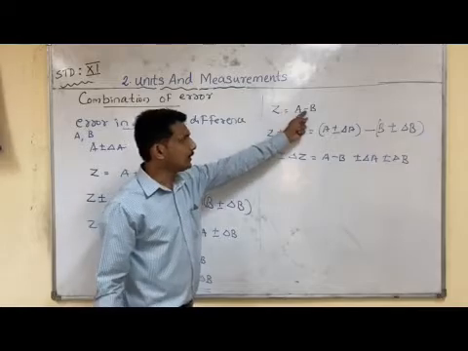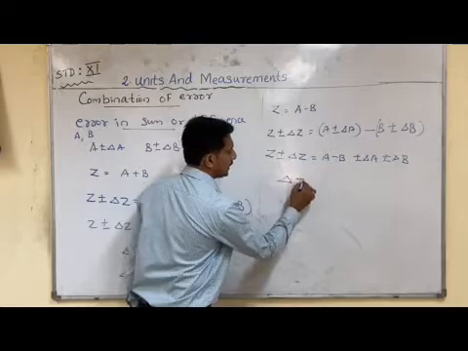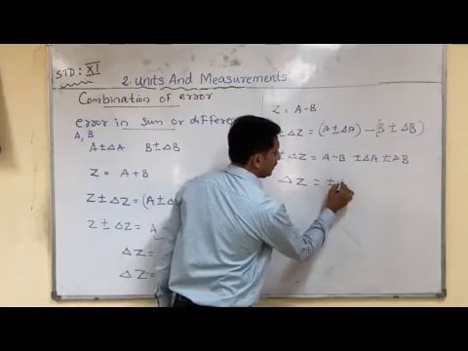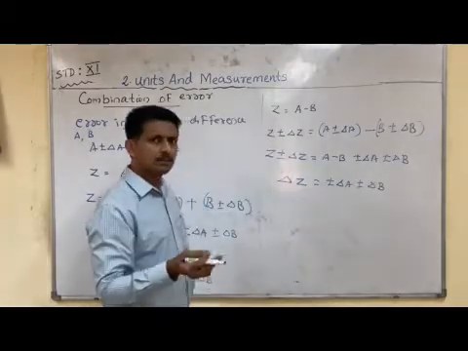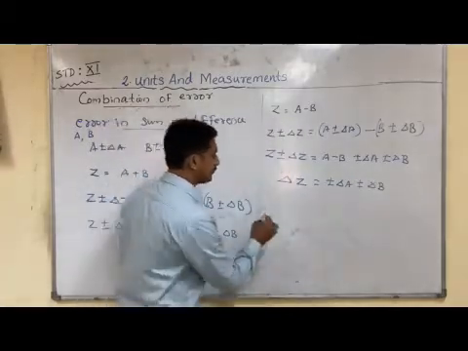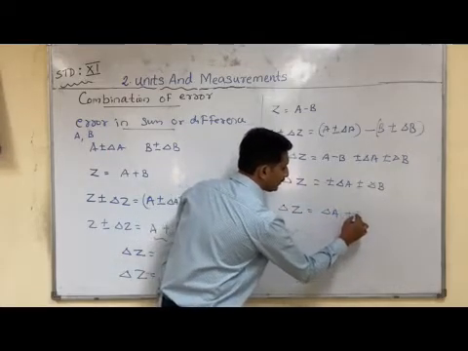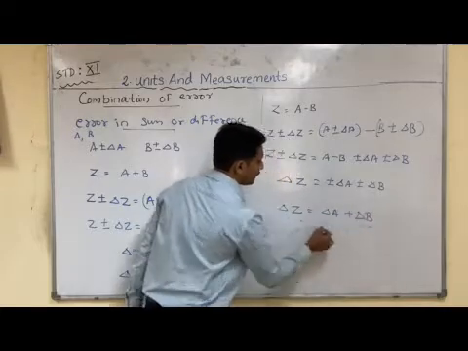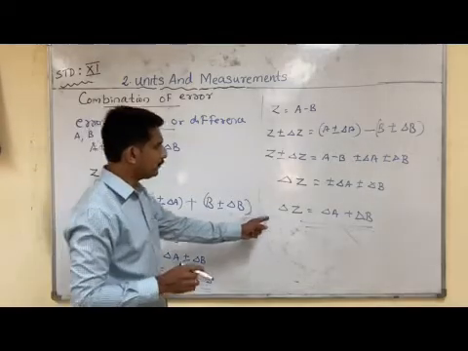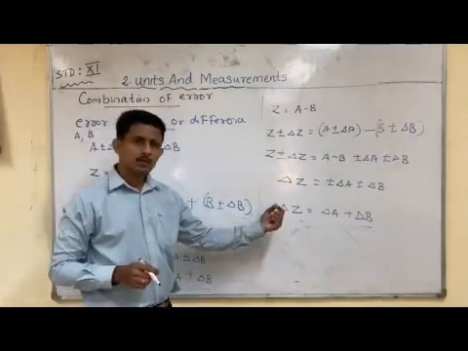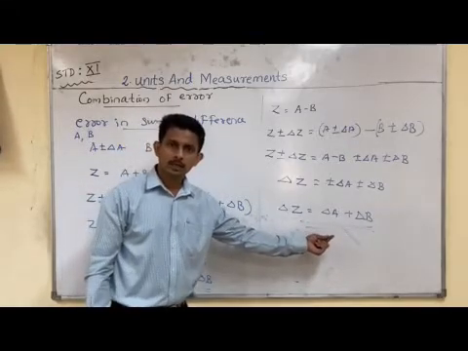So Z corresponds to our operation only, that means A minus B. From this we get delta Z is equal to plus or minus delta A plus or minus delta B. That means if we are considering the maximum possible error in our measurement, delta Z is equal to delta A plus delta B. So you see that when we are doing the process of subtraction also, the absolute error in the final result is the sum of the absolute errors in the individual measurements.